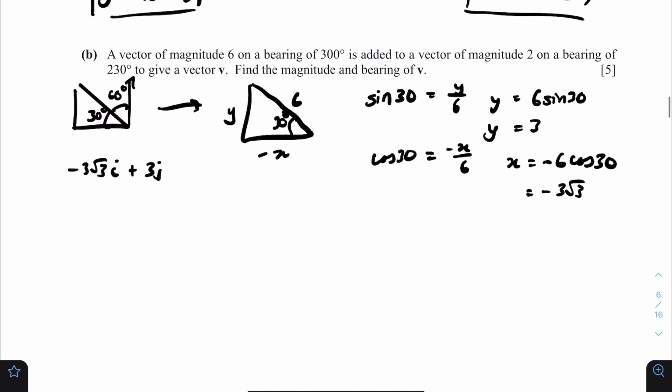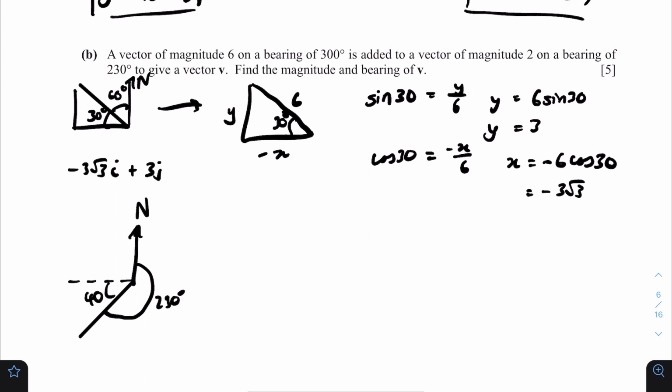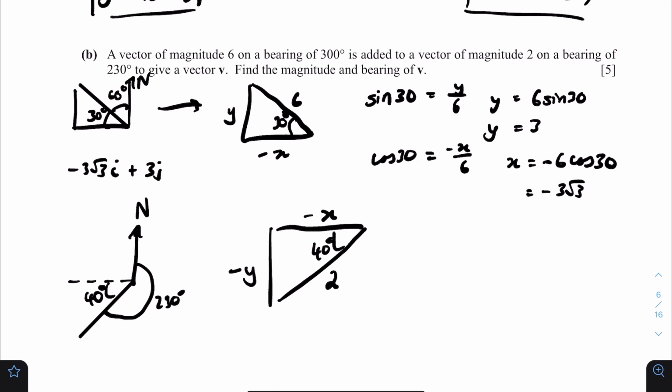So 230 degrees, let me just draw that. So that's north. Then 230 is about here. 230 degrees. This is 270 over here, then this is 40 degrees. So if I just enlarge this triangle, which is a little bit inverted, 40 degrees. So it's y down, and that's negative y therefore, and negative x because it's to the left. So this has a magnitude of 2,